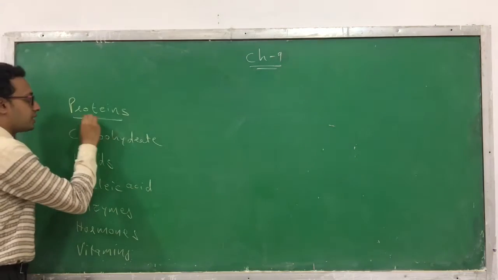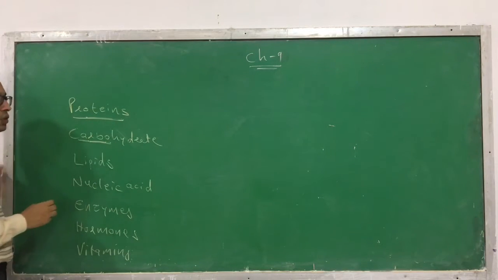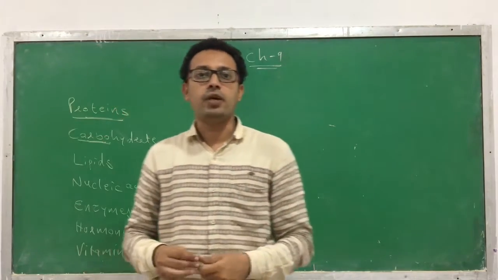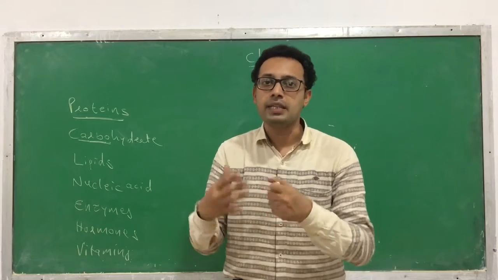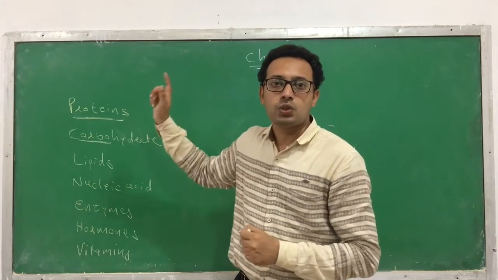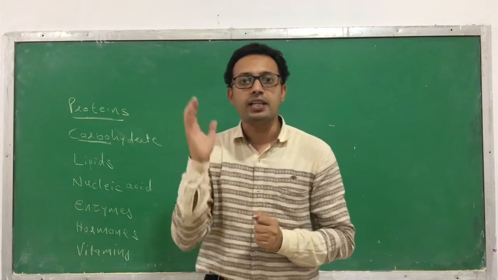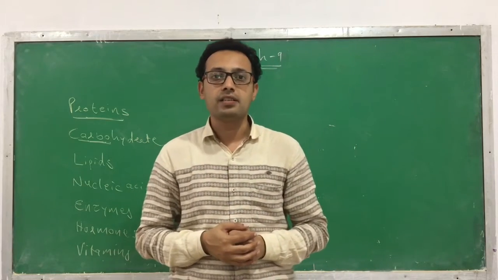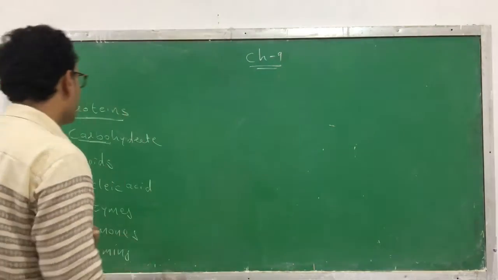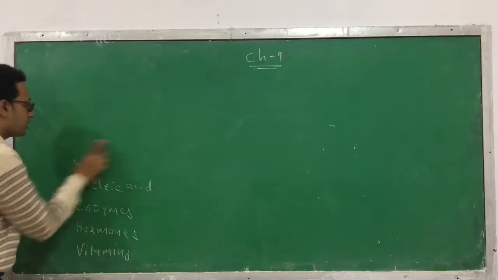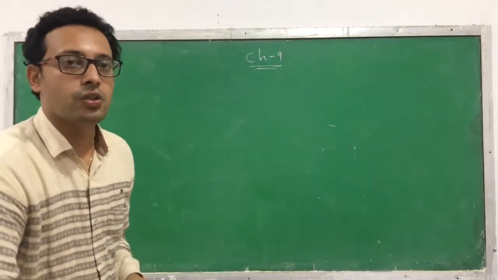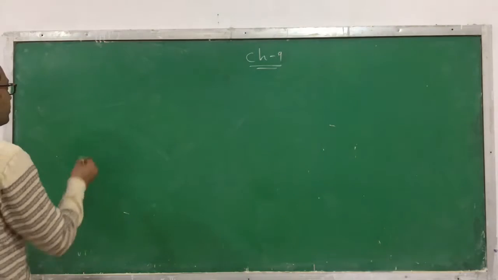We have to discuss them in brief. What are proteins, what are their structures, what are carbohydrates, what are their structures and properties. Students, we will learn regarding their chemistry and physico-chemical properties. So let's first start with amino acids: what is an amino acid, what is it made up of, and how is its structure.